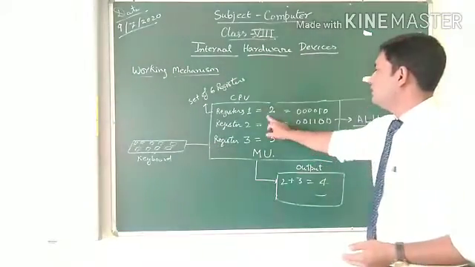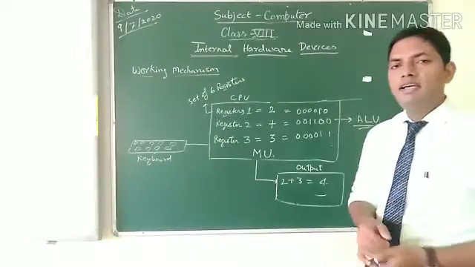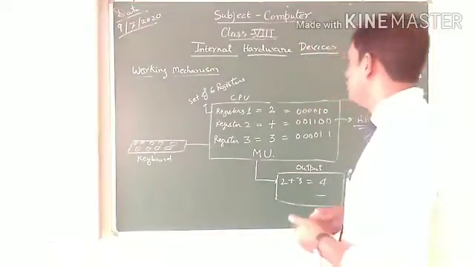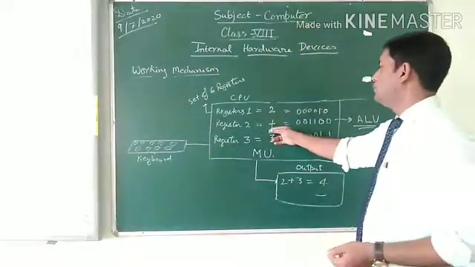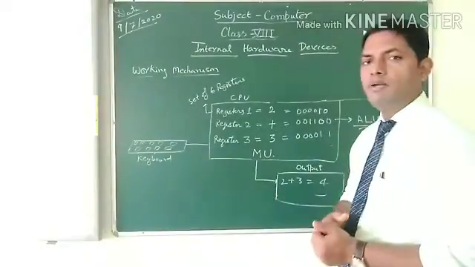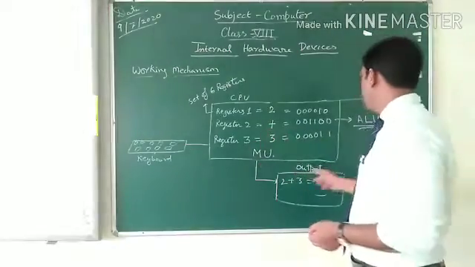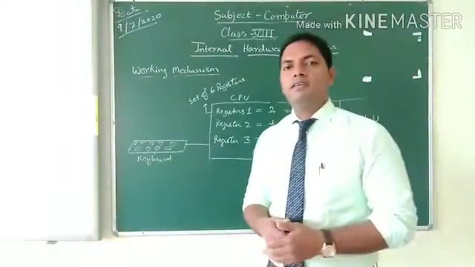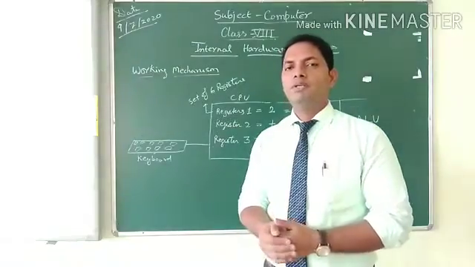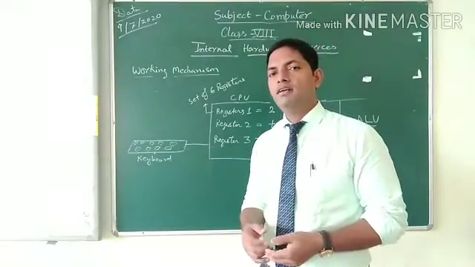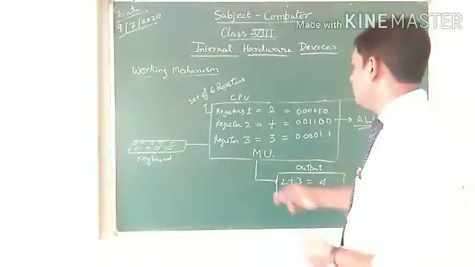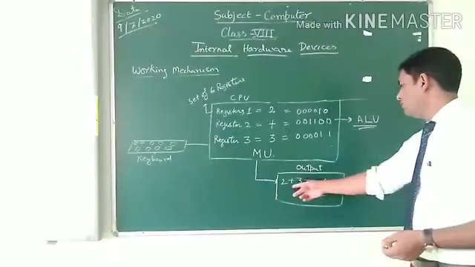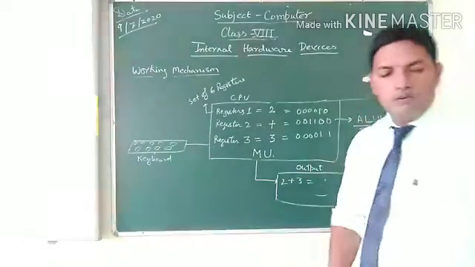Now, this addition is an arithmetic sign. The arithmetic and logical unit will be used to solve the addition problem. Therefore, it will solve it by taking the data from the memory unit and processing the data, which will give the output at the monitor screen, that is 2 plus 3 is equal to 5.